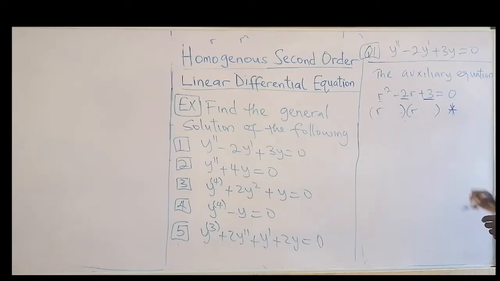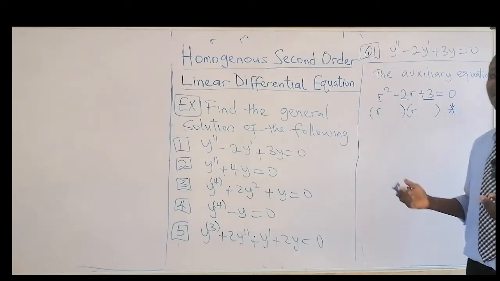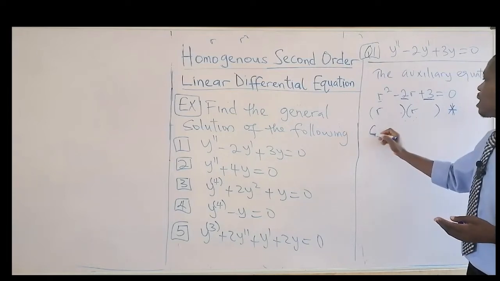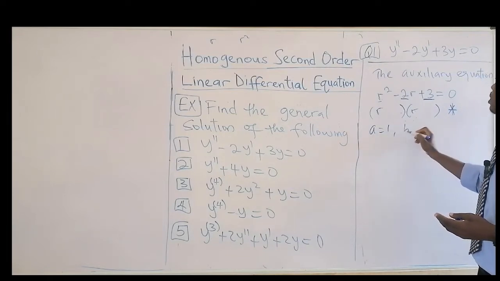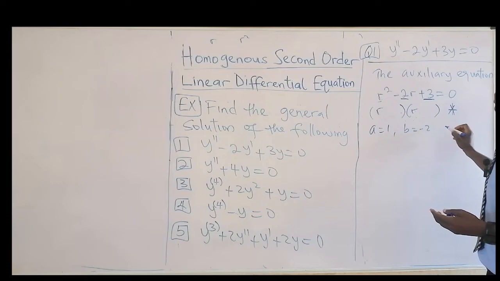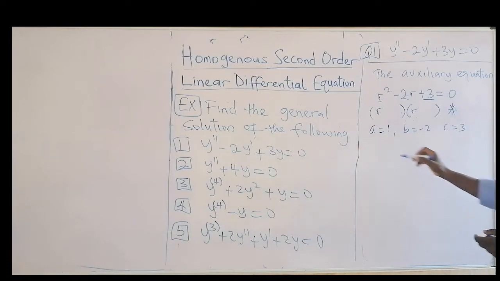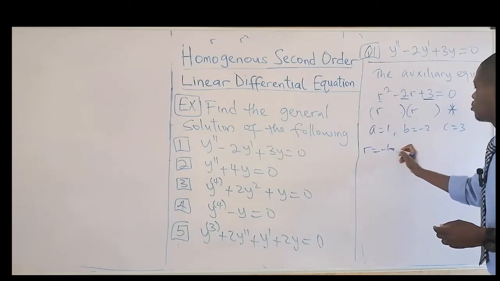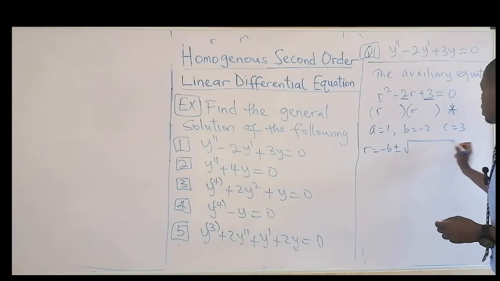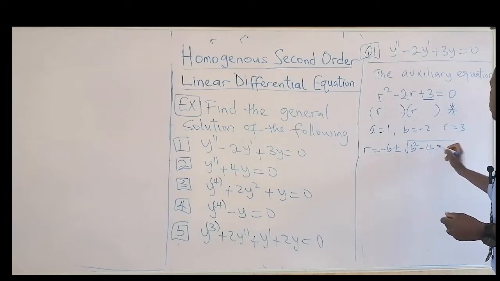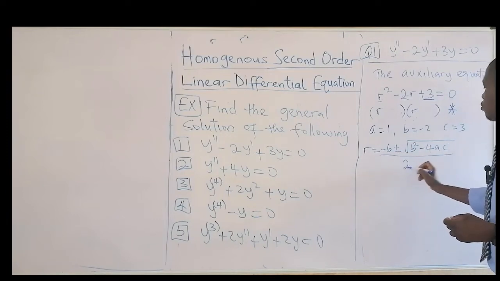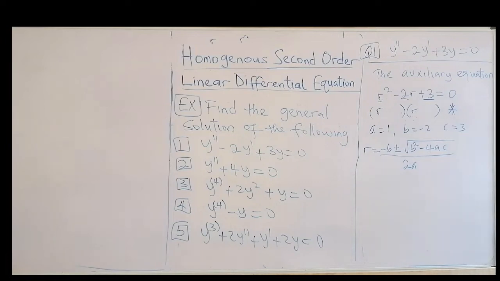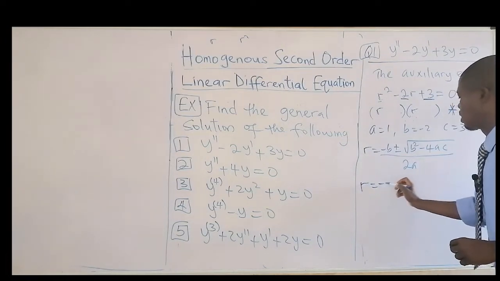So we cannot factorize that. What we do now is to use the quadratic formula, whereby our A is 1, our B is minus 2, and our C is 3. Using the formula, r is equal to minus B plus or minus the square root of B squared minus 4AC, all over 2A. So in that case, my r will be equal to minus, in brackets,